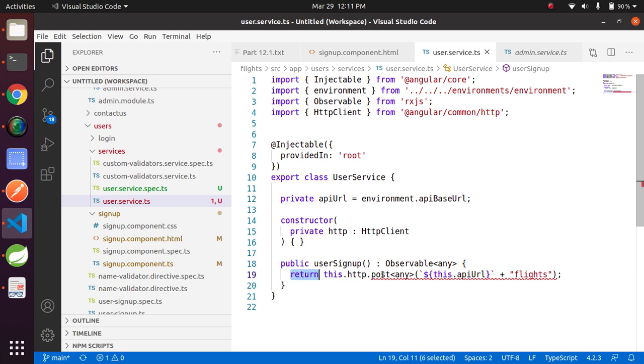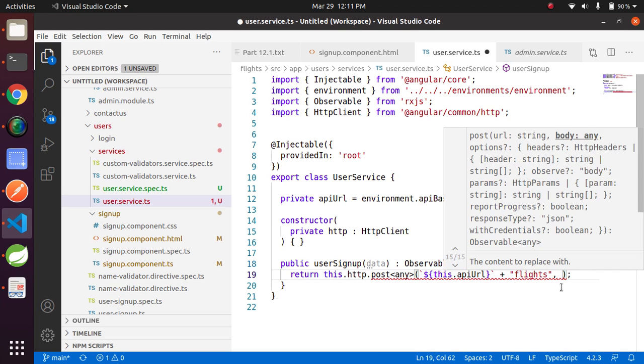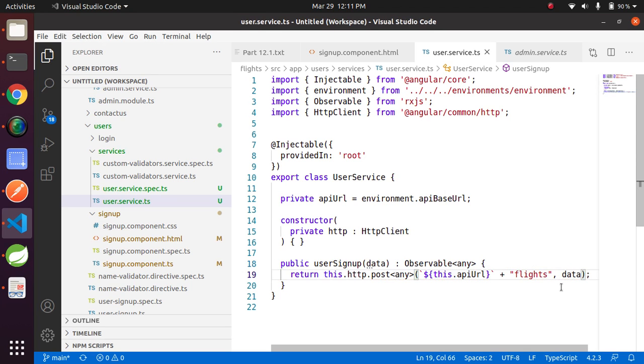userSignUp: this.http.post, and we need data, which will be the object that we will enter into the form. Let's put data here, and this.apiURL is the base URL. We need to change this.